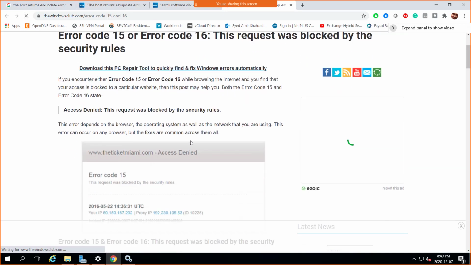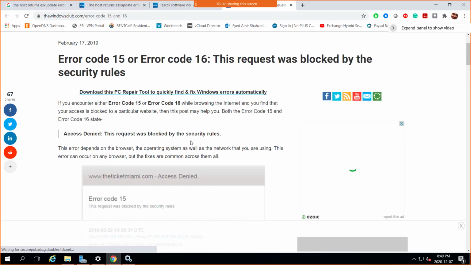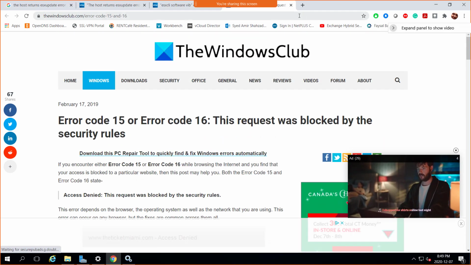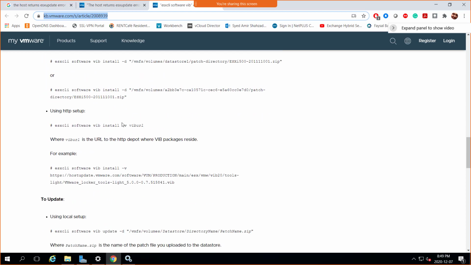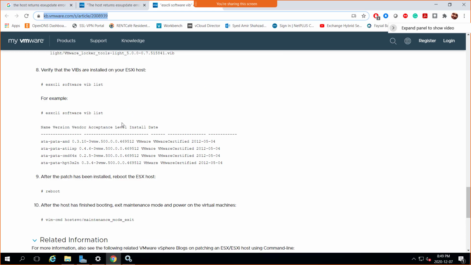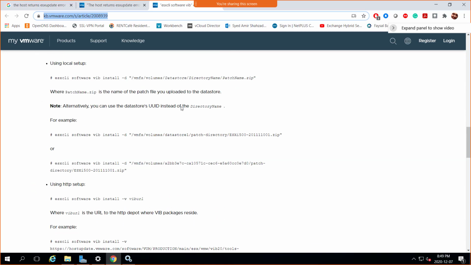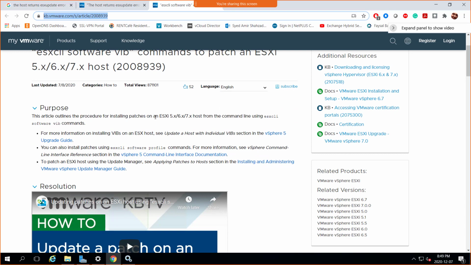Error codes request. I'm just looking for anything that can be quickly implemented. Otherwise, we can also try another option. We can go for the next topic as well, and I'll leave this troubleshooting to you in your free time, because if we spend a lot of time here troubleshooting, the main thing is how to deploy the patch. But if the troubleshooting comes, obviously I will also be spending some time on this to see if it resolved.